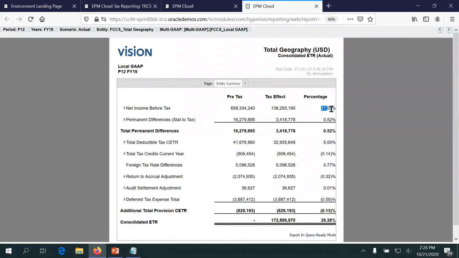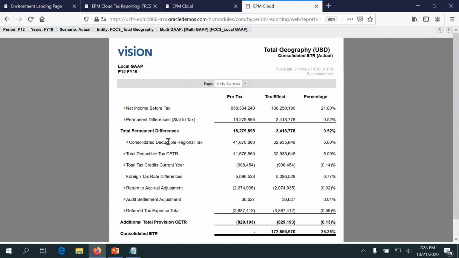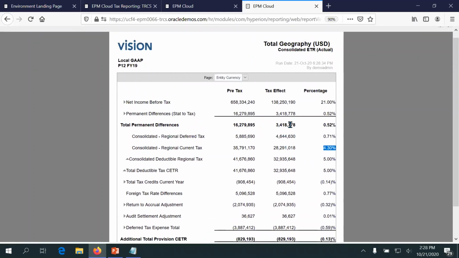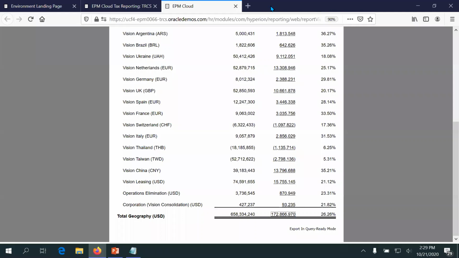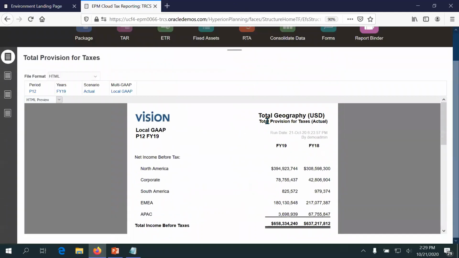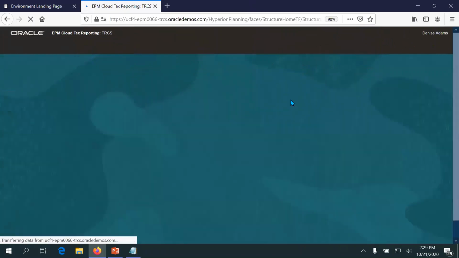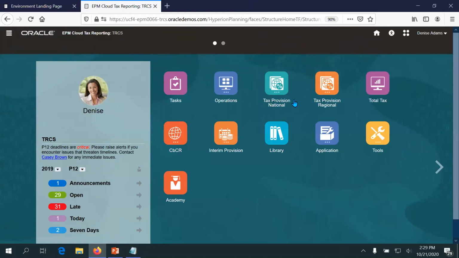So here I can see the walk down of the 21% up to the 26.26%. And if I'm interested in what's going on with, for example, total deductible tax from a state or a local perspective, this would give me that detail. And I could then spin this out as a by entity view just as well. Okay, so at the end of the day, that's what we want, is a consolidated set of reports, consolidated set of work papers, leading to our tax provision, both current and deferred. Okay, so to get there,